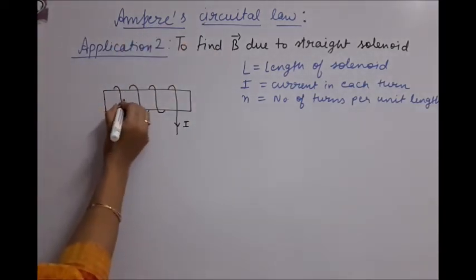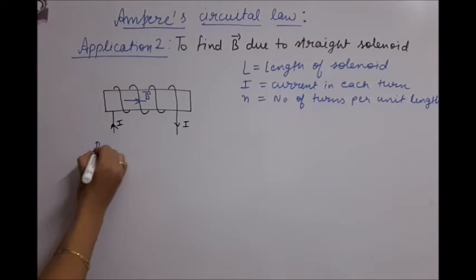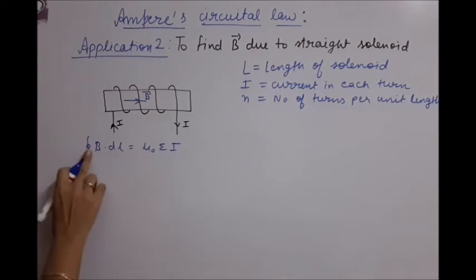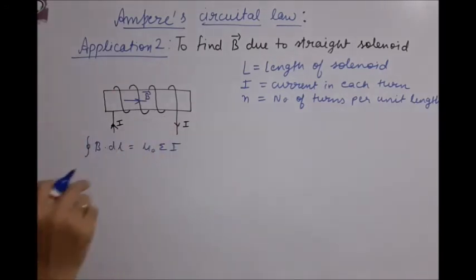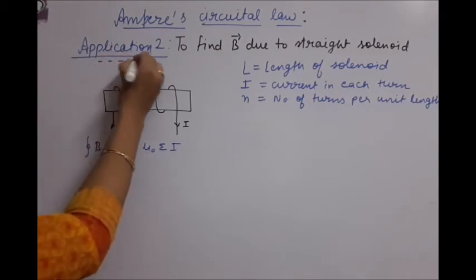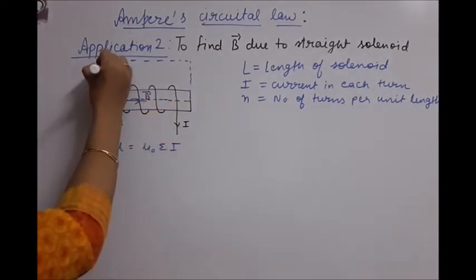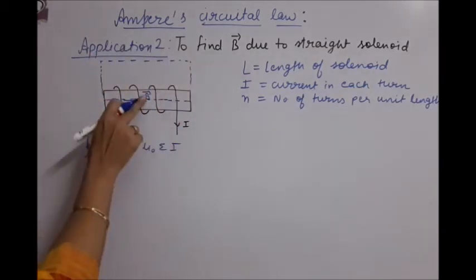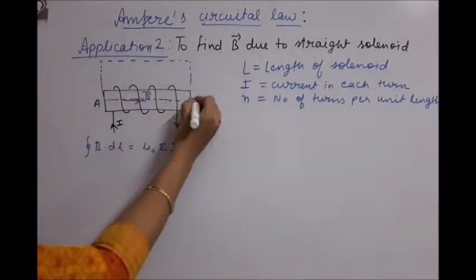As we know, the magnetic field is present inside. Now to apply Ampere's law, that means the closed integral of B dot dl equals mu 0 times the summation of I, we first have to enclose the current. The current is in this spring manner. What we can do now is enclose part of each loop like this. We will take a rectangular loop which is just crossing the solenoid, passing through the center of the solenoid, so that B is counted. So here we have taken an ABCD loop.